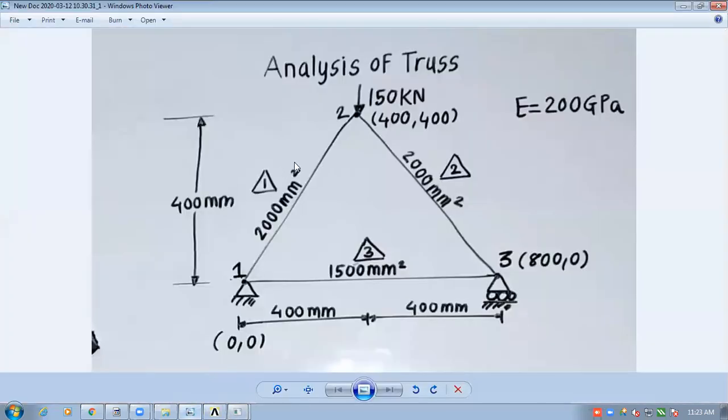See this diagram. I will use this link 180 for element number 1, element number 2, and element number 3.